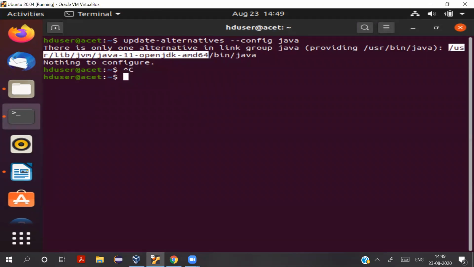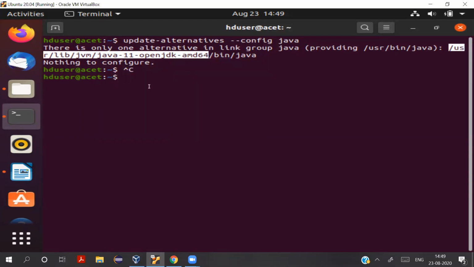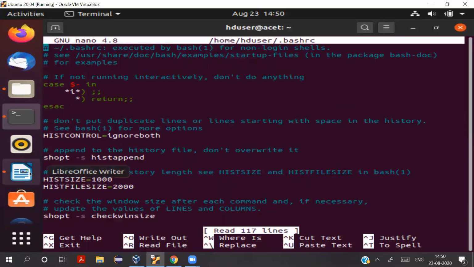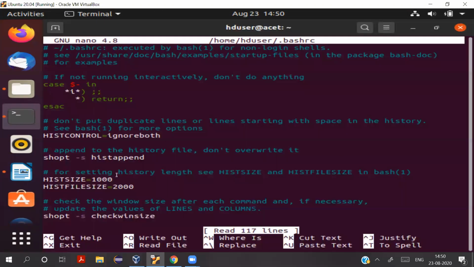Yeah, this is the Java path that we need to give in our bashrc file. So I'll just open the bashrc file. Yeah, this path and other settings also we need to give in this bashrc file. So let's first open it, and then I'll show you all the things. These are all the things that you need to write there. We need to copy all the things from here. Okay, so let me go back here. Let's close this file first.